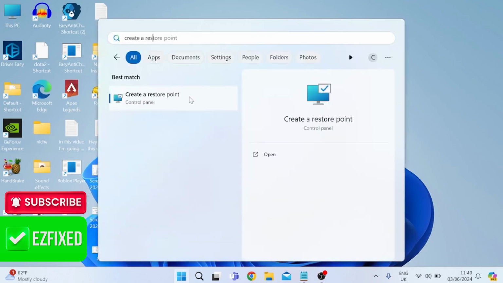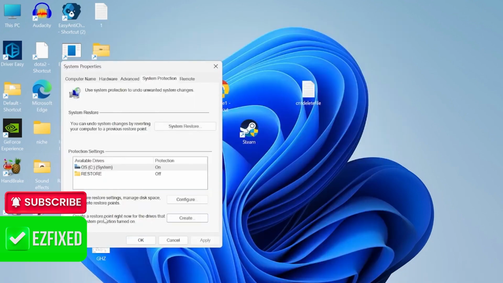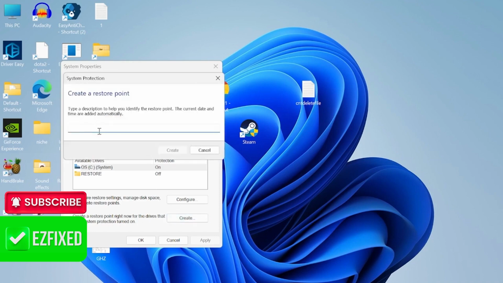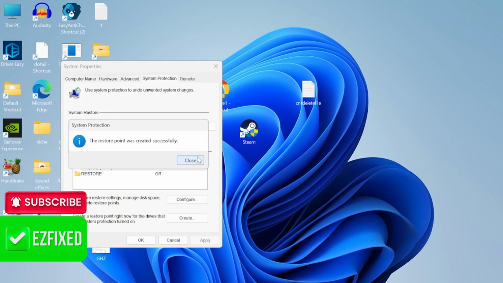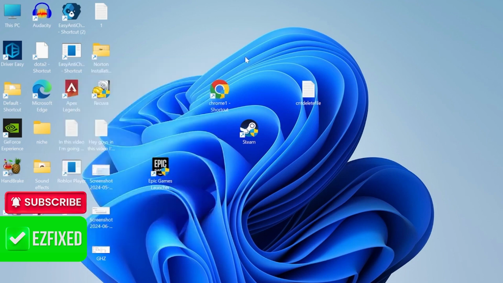Then select the Create a Restore Point tab. Come down to the bottom here where it says Create a Restore Point right now. And then we just need to give it a name. I'm going to call it Apex, and then press Create. Once we've created our restore point, we can close out of this window, and we're going to get straight into